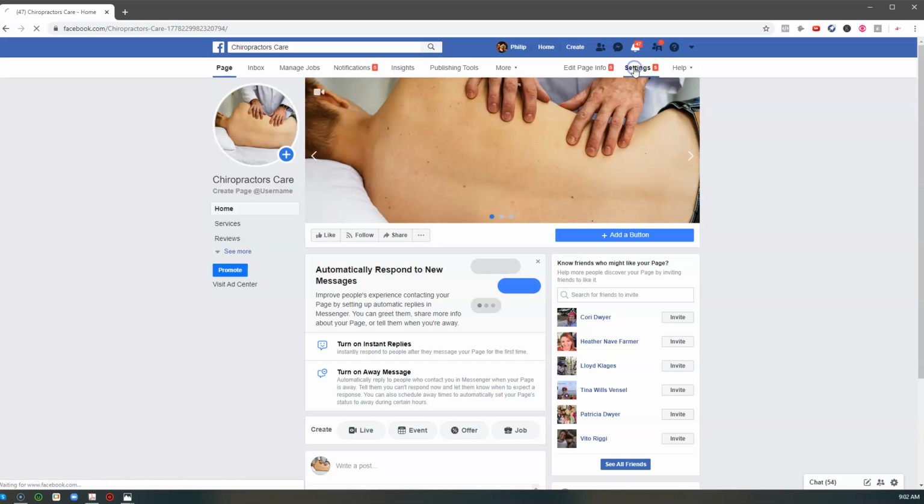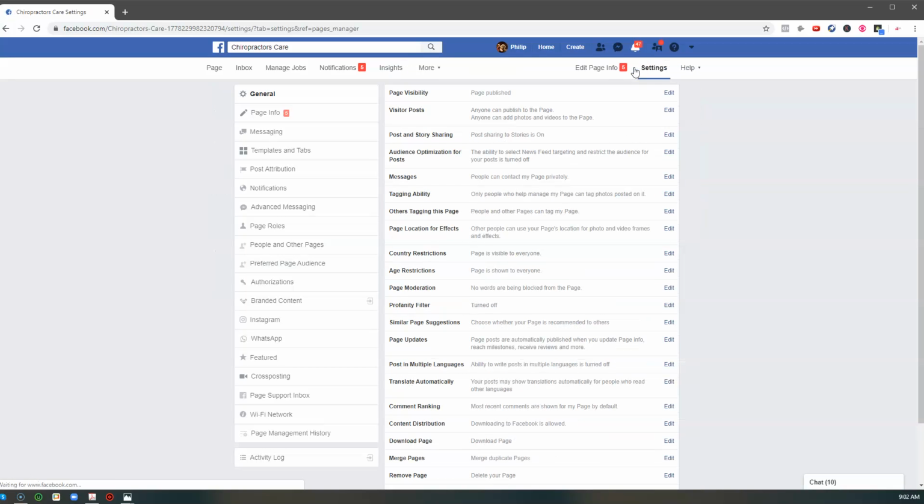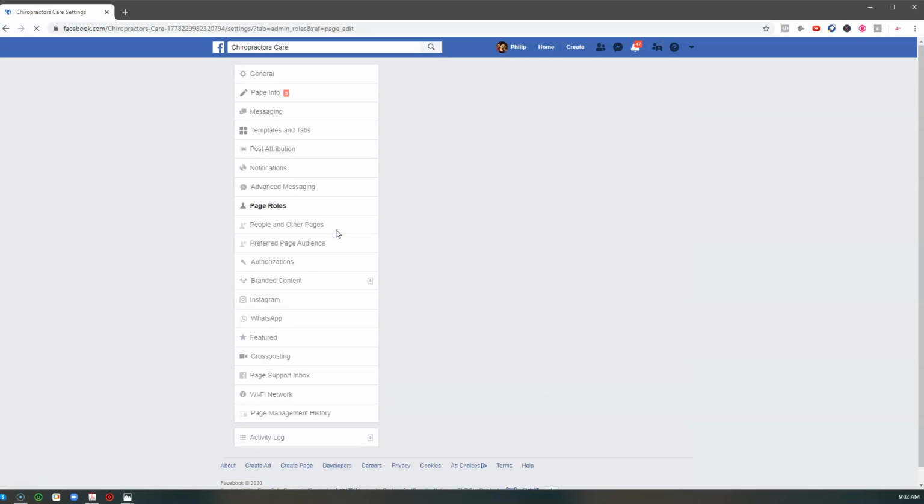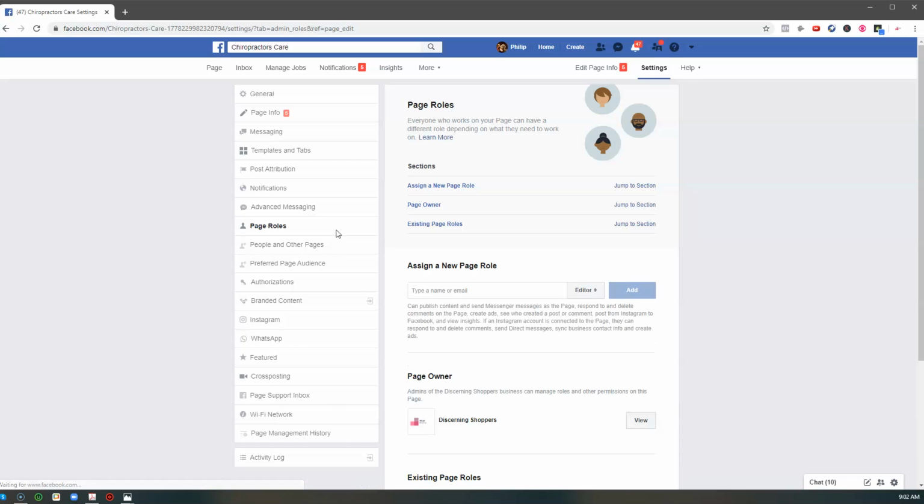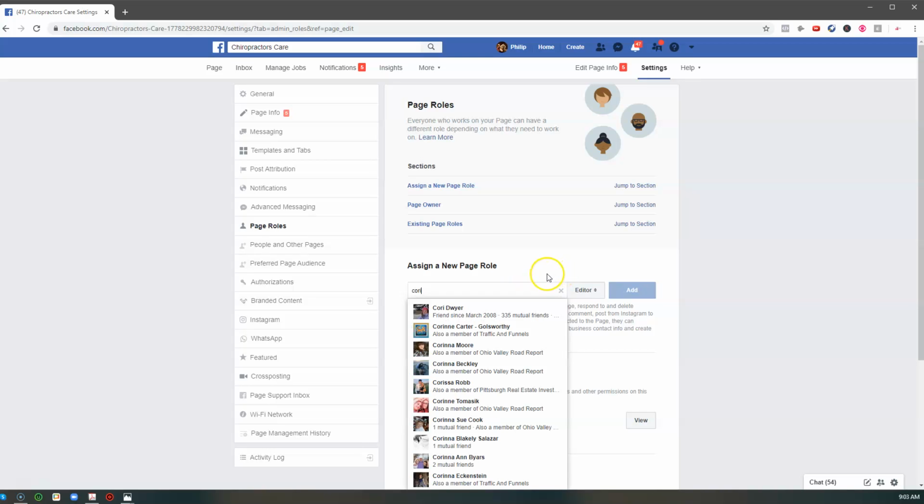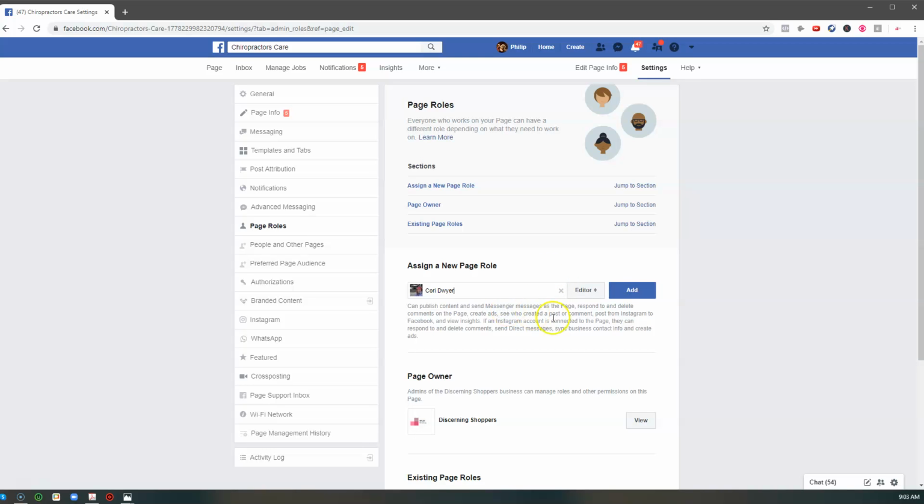So I'm going to go over here to settings, and then I go over here to page roles. You can see it says page roles there, and click on that. Now I'm going to assign a new page role. The way to do that is either to type the name or the email for people. So let's see, I'm going to type in someone I know, and then you can choose from one of these